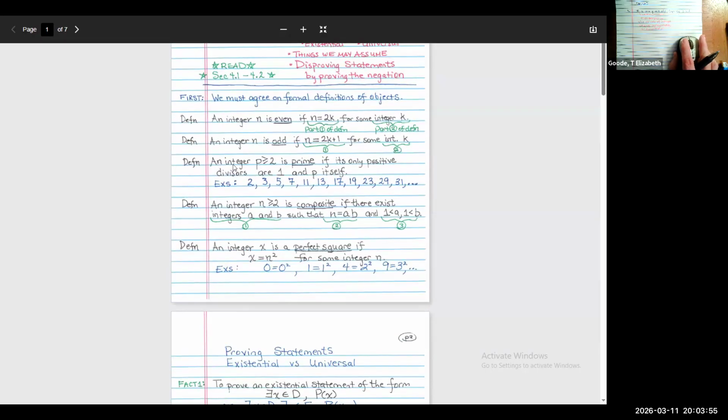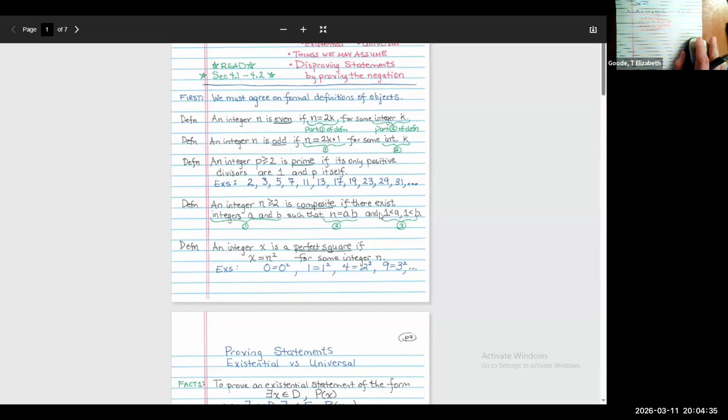Let's look at the definition of prime and composite. An integer P greater than or equal to 2 is prime if its only positive divisors are 1 and P itself. Now, an integer N greater than or equal to 2 is composite basically if we can factor it in a non-trivial way. What do I mean? I mean, if there exist integers a and b such that n is equal to a times b,